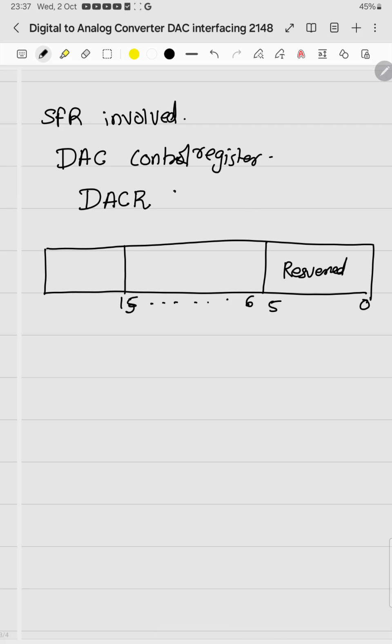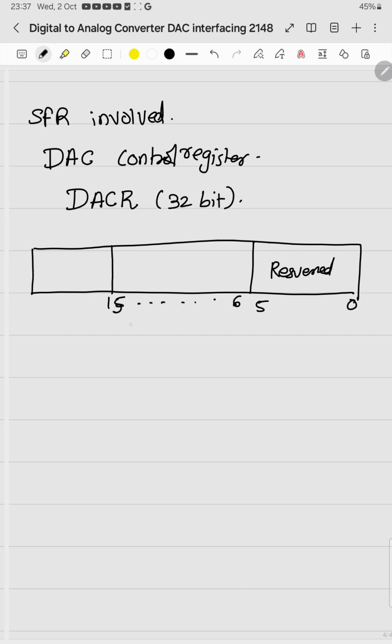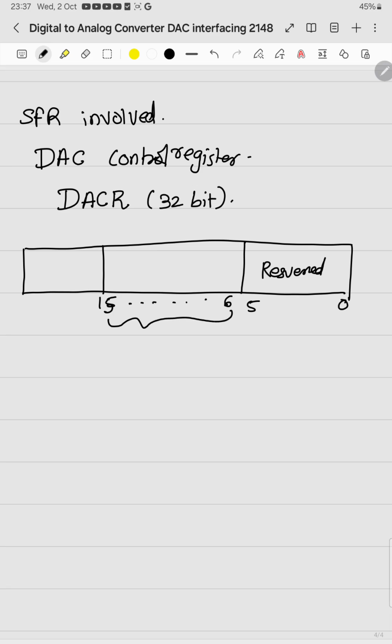So DACR is obviously a 32-bit register, and what we have to write here is 10-bit digital data, right? Then bias,